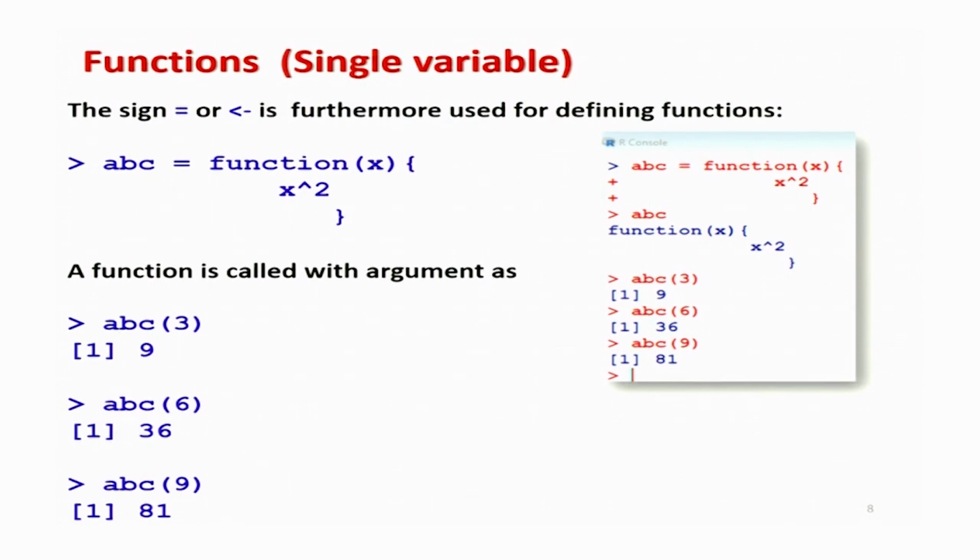Suppose I simply want to write a function for computing y equal to f(x) equal to x square. That means I simply give the input and it gives me the output as a square. So, for that I give this y here a name ABC, and after that I write function, and inside the parenthesis I write x, which is my input variable. Then I write this curly bracket, and within the curly brackets I write the syntax for computing x square, which is x^2, very simple. And after that, if I press enter, this will create a program whose name is ABC in the